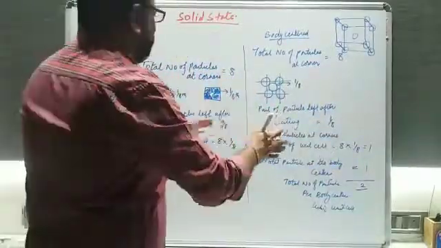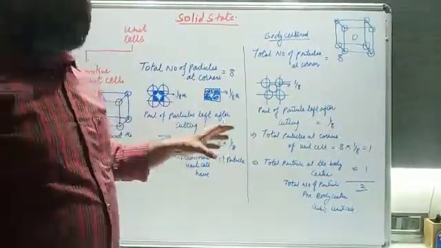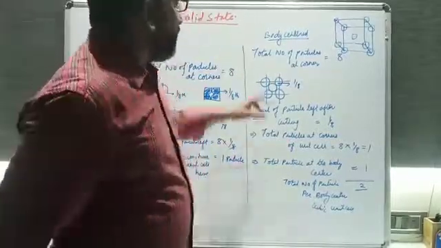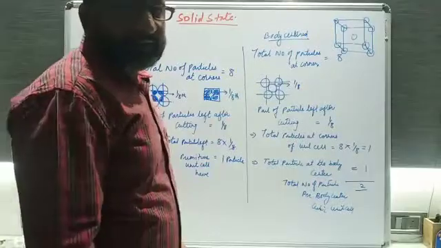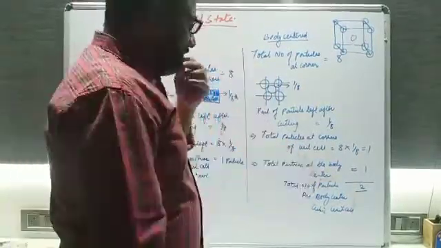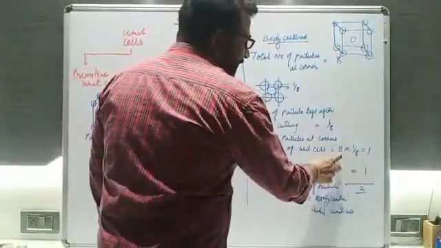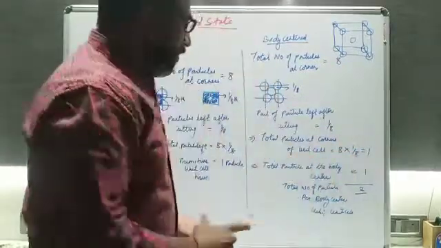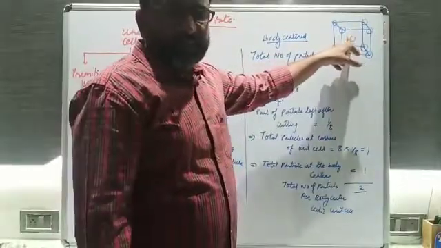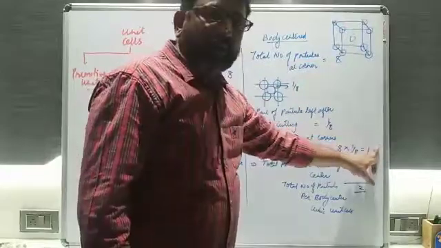That is similar to this one. That will be common for every unit cell. I told you that all the cells will have similar structures to the primitive. An extra point will be there in the centered unit cell. Is it fine? So in this case, in the body, 1 particle is there which is not being cut down. So this remains unchanged. The total number of particles at the corner will be 8 into 1/8, that is equal to 1. Now the total of the particles at the body center will be equal to 1, because it has not been changed. The shape has not been changed, it is intact. So 1 from the corner and 1 from the center.